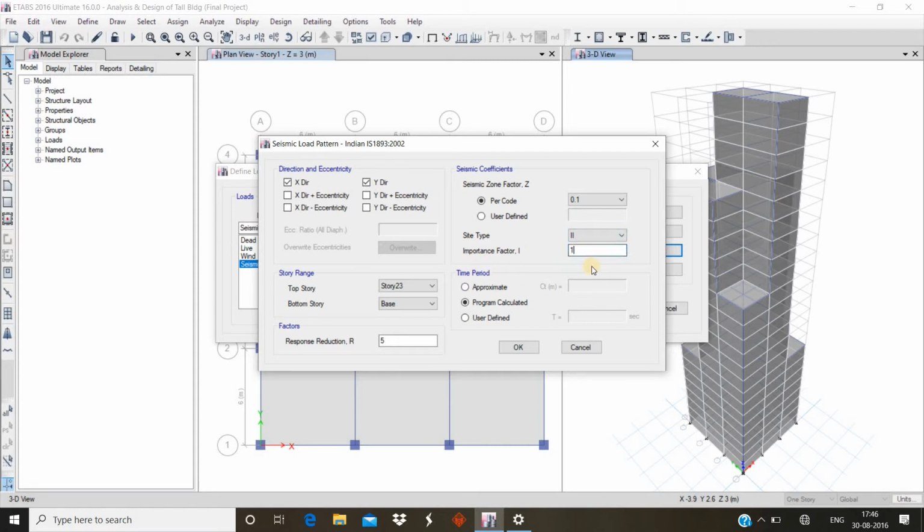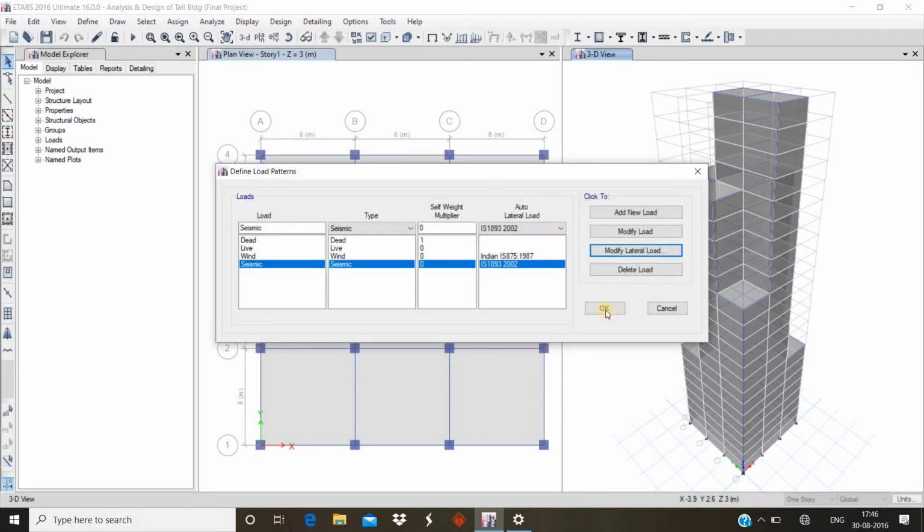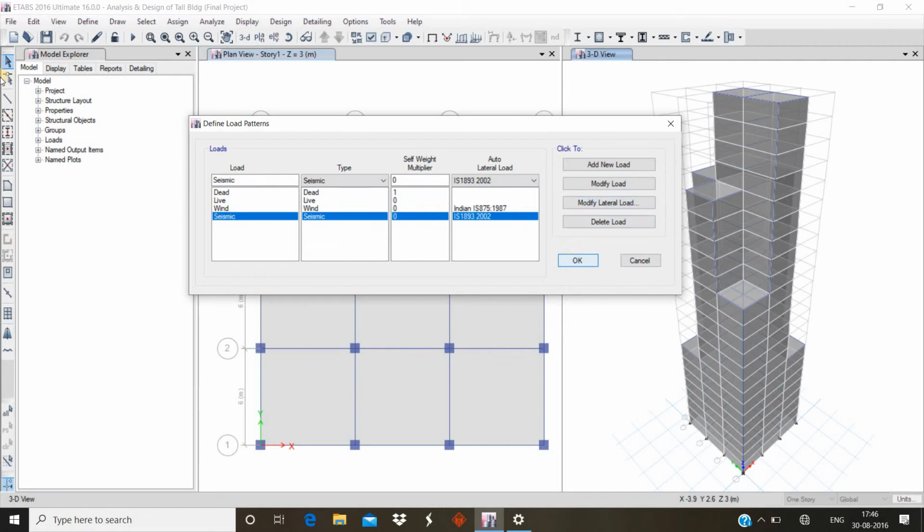The importance factor for all other buildings is 1, and the response reduction factor is 3, as per IS 1893 2002. Click on OK, then click on OK.